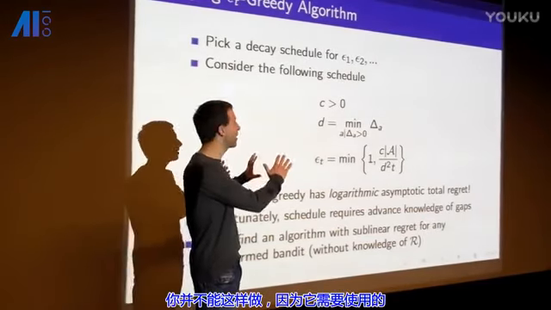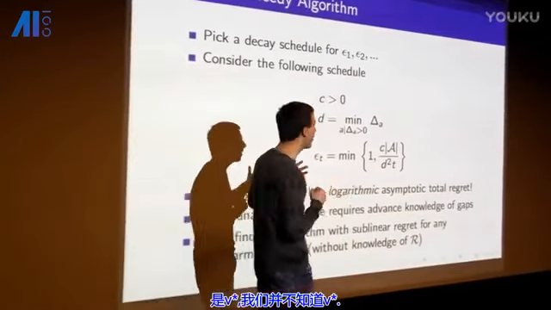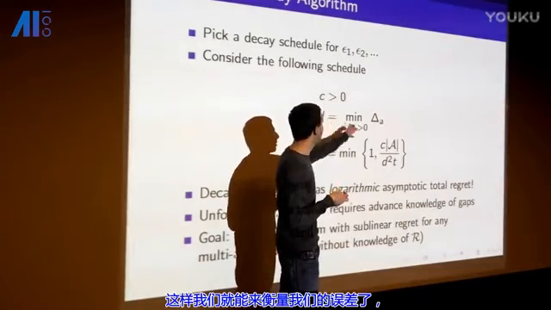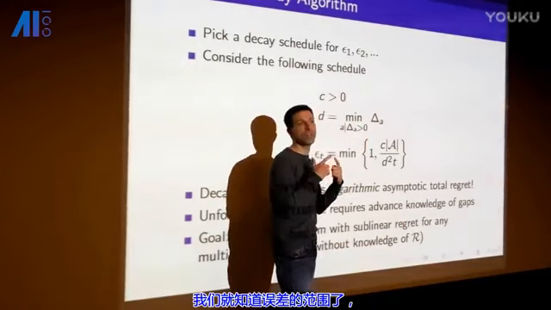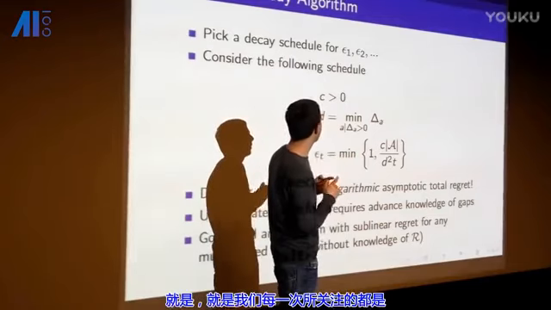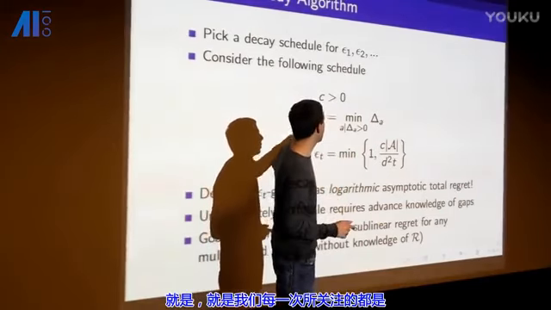You can't do this in practice because it uses knowledge about V star, which we don't know. But let's say someone told us V star, and we could measure all of our gaps. Let's say we knew the size of all of our gaps, which we don't. If we knew the size of all our gaps, then what we could do is invent this schedule which says,